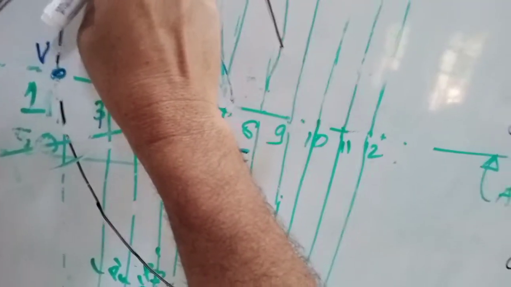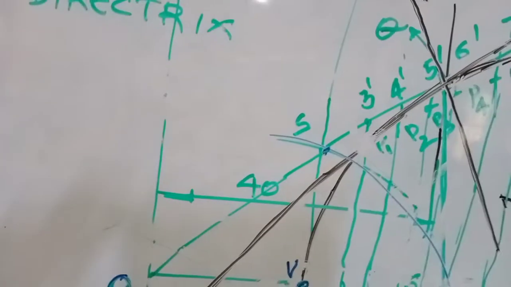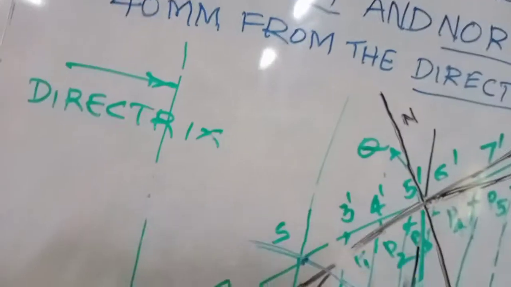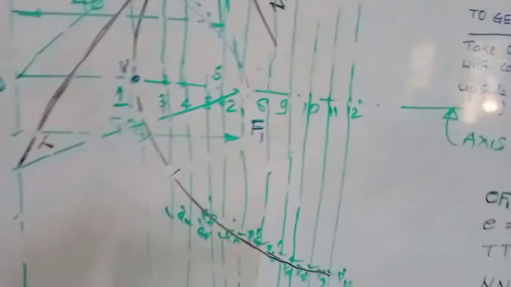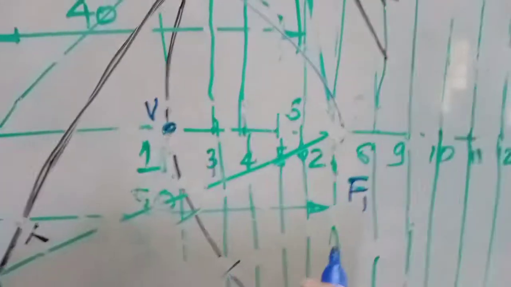This is P1, and similarly you do it at the bottom also. From here, cut on the line. So this is P1 dash. It is P1 and P1 dash. Then, moving to the second point, you take the distance of